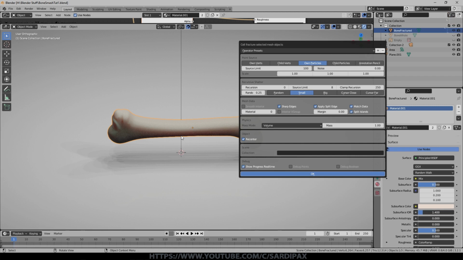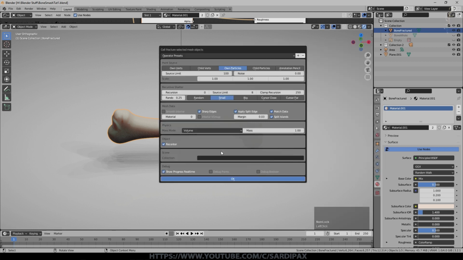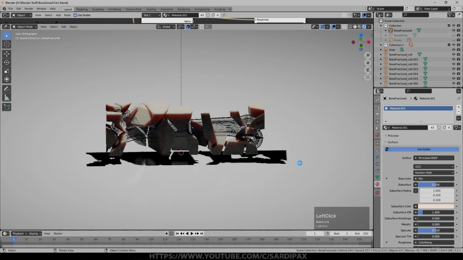In theory, you could put the physics on first, but it's fine, you can do it after. But if the objects are in contact with each other, you'll start to get problems. So it's always worth applying a little bit of margin between them. The exact amount will vary, but needs some sort of gap between each part. In terms of the number of parts, obviously you'll need to play around with that. But I've just accepted defaults there, and I'll just say okay. Apart from the margin, everything was default.